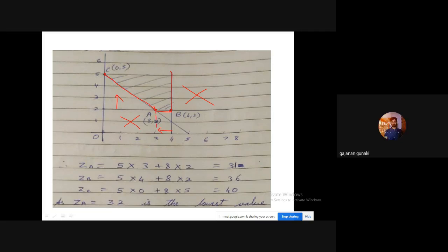Sir, point B in the graph is not relating to the first constraint. X1 plus X2 is equal to 5, right? Yeah. So the region should be on the same line, right? Region should be on the same line in the sense they are not telling us to go more or less. Above or... Exactly. So it should be on the same line only, right? No, it should be on the same line. This is one of the constraints you need to take.